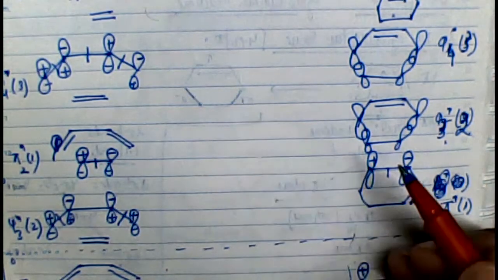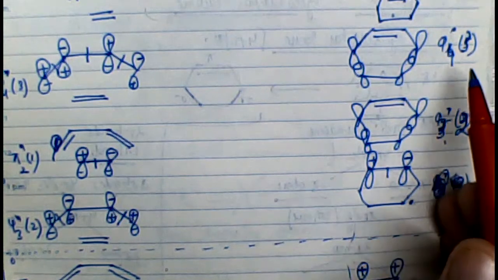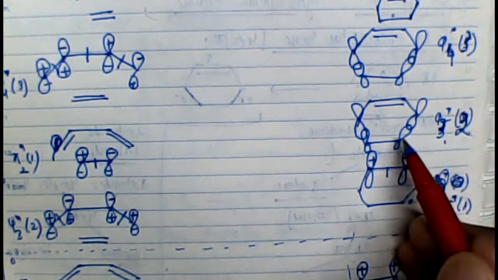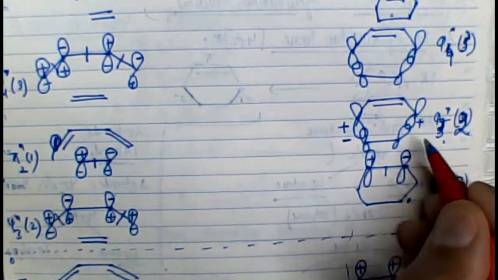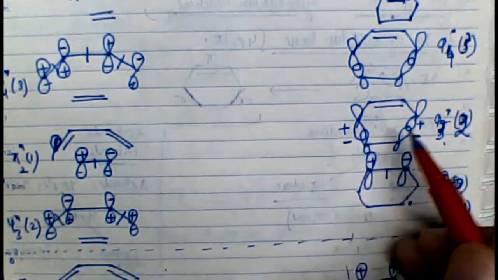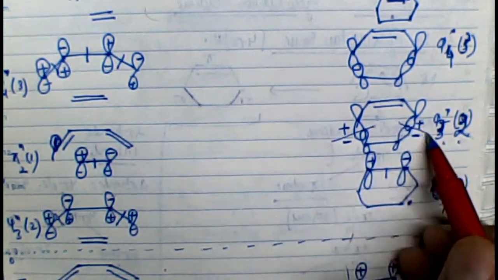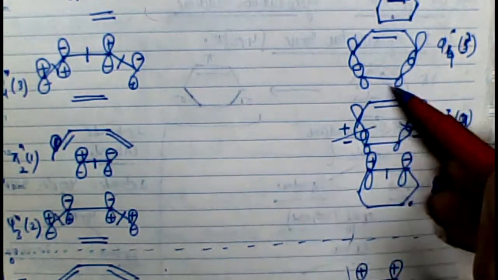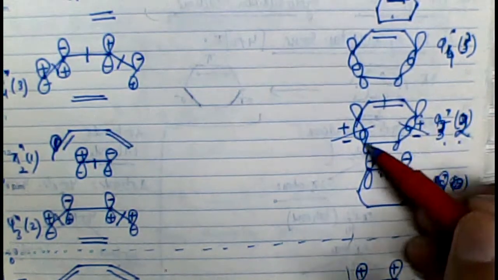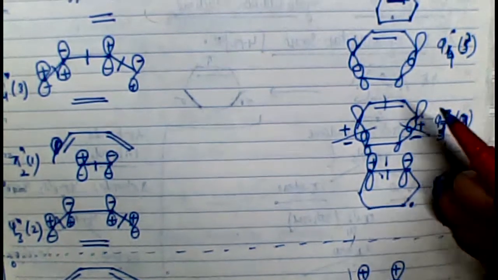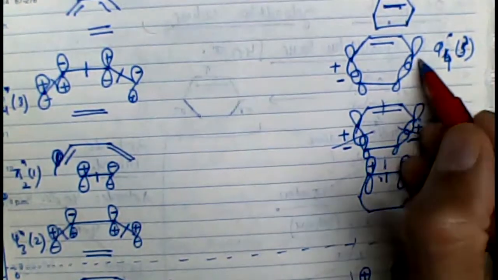And how do we put signs on psi 3? Because psi 3 is having 2 nodes and psi 4 star is having 3 nodes. This is an antibonding molecular orbital, therefore there should be an antibonding overlap here and here. There should be an antibonding overlap here and here. Hence we are talking about 2 nodes. Where are these 2 nodes? One node here, one node here. These are the 2 nodes, but between these molecular orbitals here, positive is encountering positive, negative is encountering negative, there is no node. And the most unstable orbital is an antibonding overlap and a node in between also.